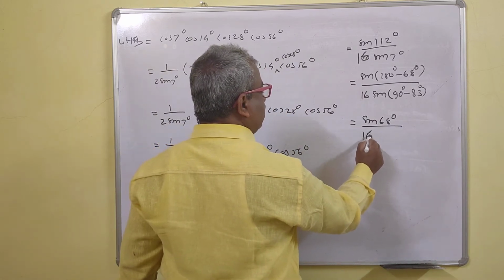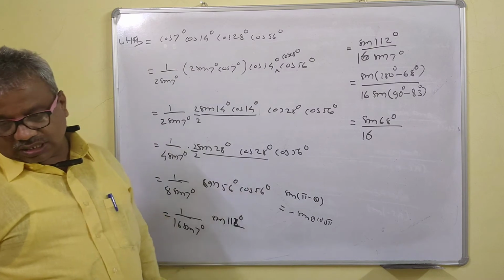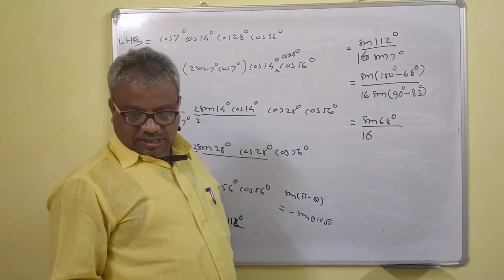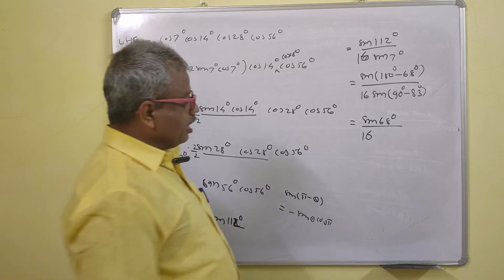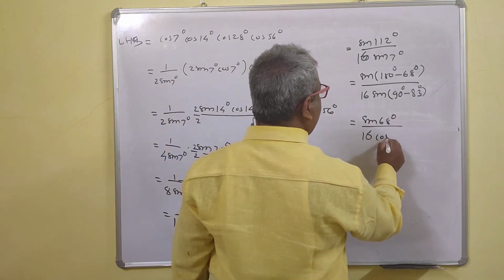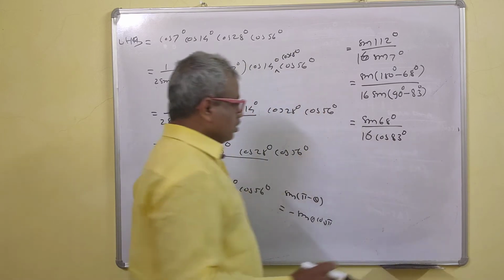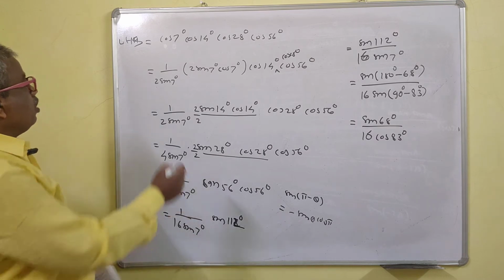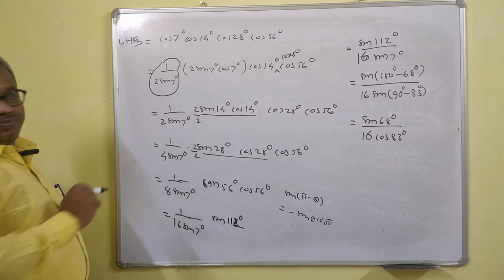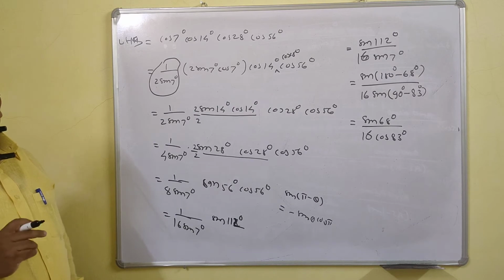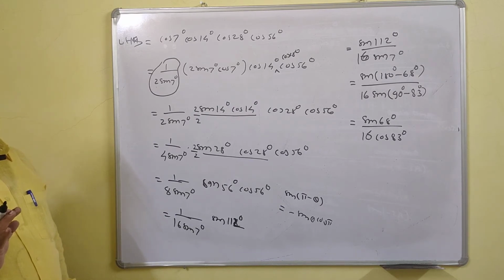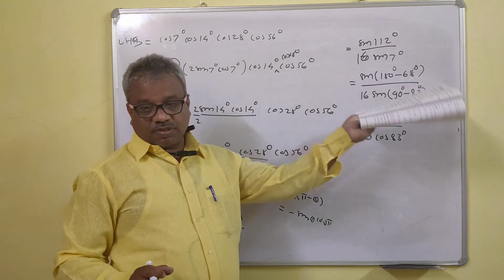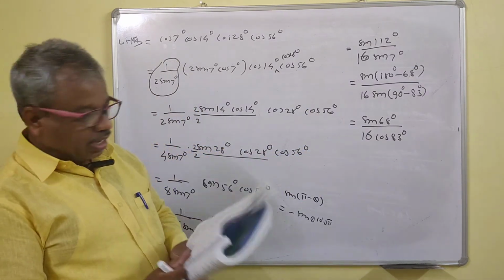Now you know that sin 90 minus theta is cos theta, cos 90 minus theta is sin theta, tan 90 minus theta is cot theta, cot 90 minus theta is tan theta, and so on. So this will be cos of 83 degree. See whether we get your RHS. Yes, we get RHS, right? So the important rule here is to divide and multiply by 2 sin 7 degree. And the last rule is very important also: express sin in terms of pi minus theta, allied angles, right?